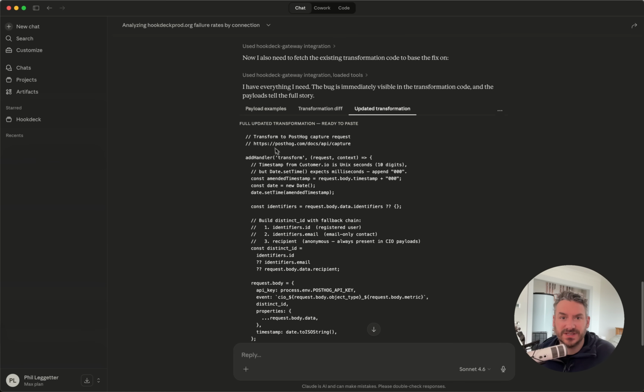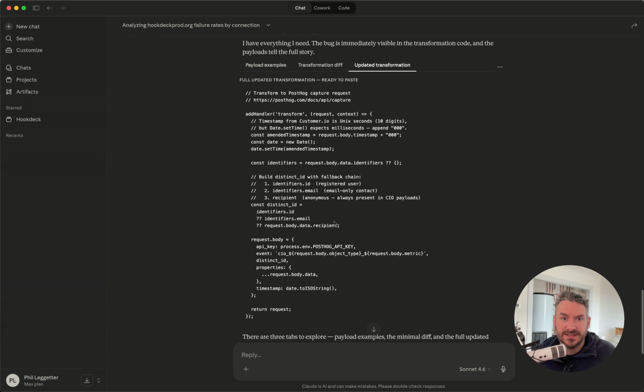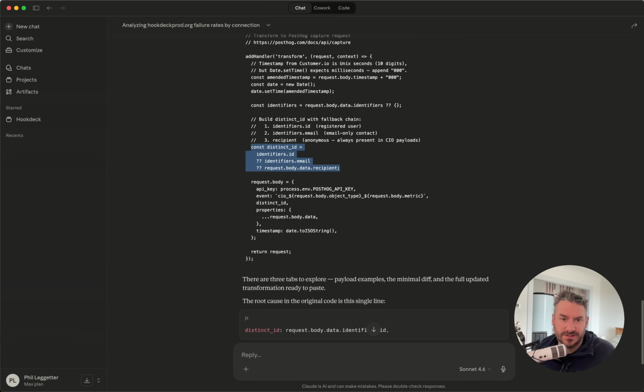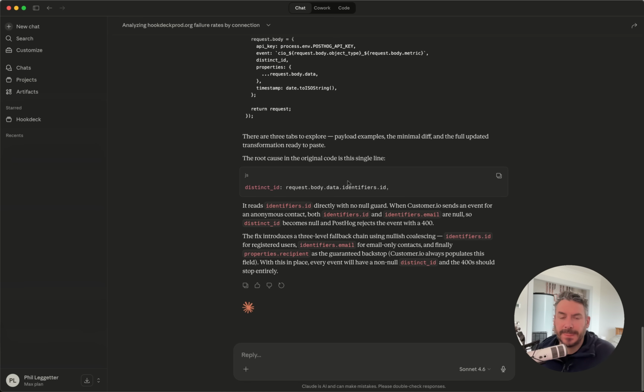And the updated transformation logic that I should use, ready to copy and paste, is here where I've got that fallback information. So I could go copy, go into the Hookdeck dashboard and make that change. Okay, so that's me diagnosed a problem where we're obviously seeing problems, getting webhooks from customer I/O and sending them